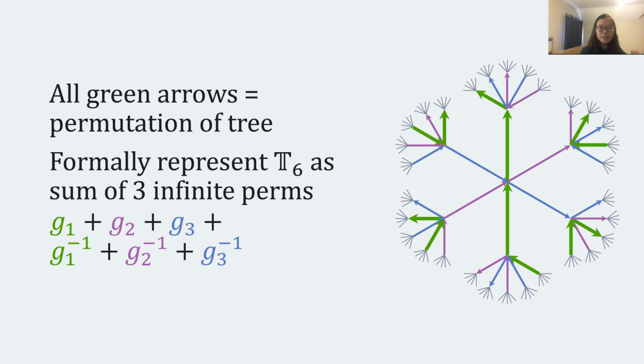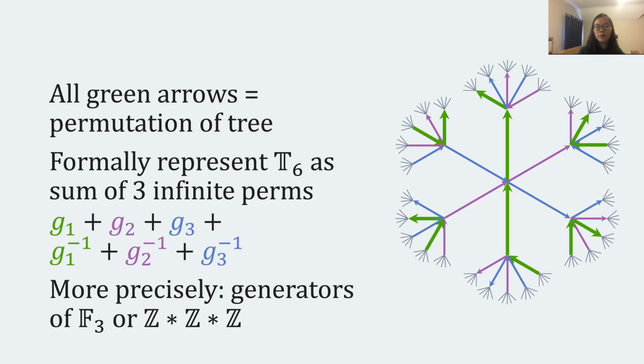So we're also going to add in the inverse permutation. That's why I've added G1 inverse and G2 inverse and G3 inverse here. The proper terminology for what I'm doing here is that I'm viewing the 6-regular tree as the Cayley graph of the free group on three generators, and the generators of F3 are exactly G1, G2, G3 here. And you can also think of the free group on three generators as the free product of 3 copies